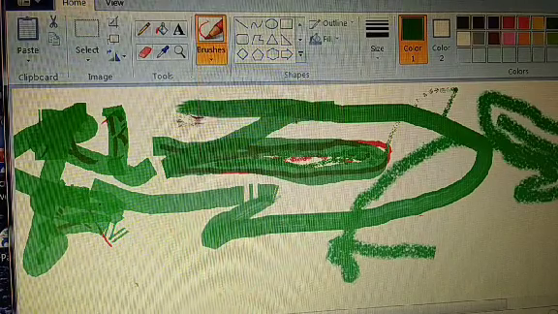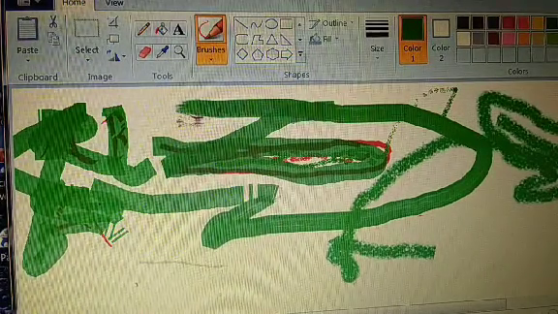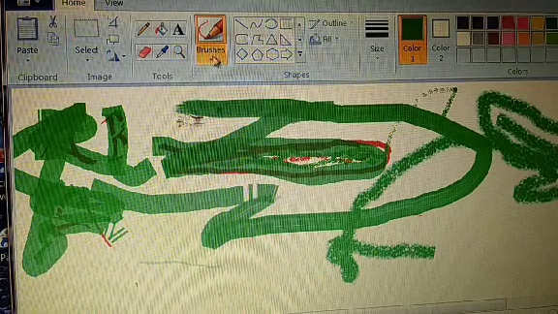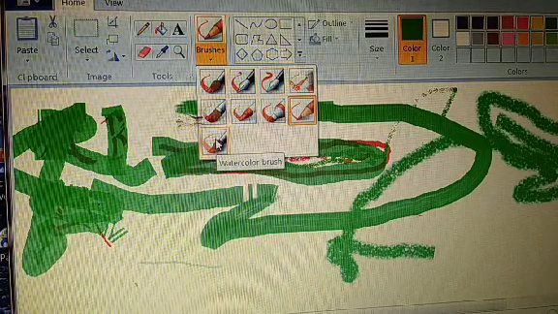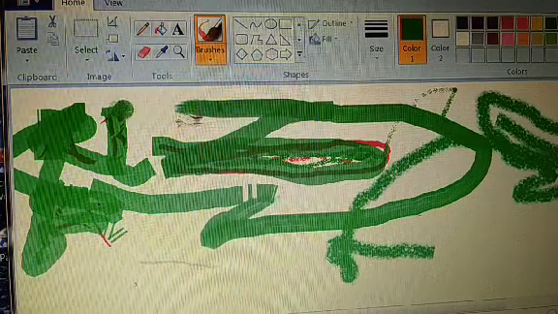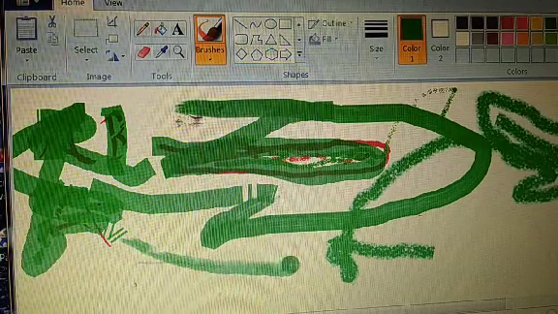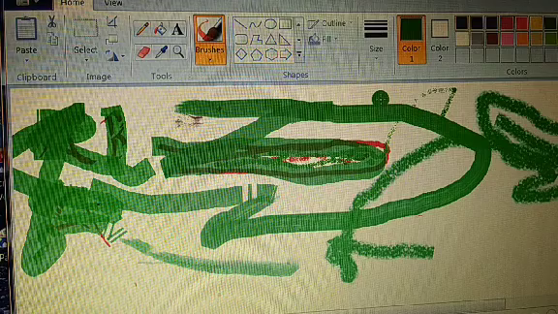Then this is pencil color. And the last one is the watercolor effect.